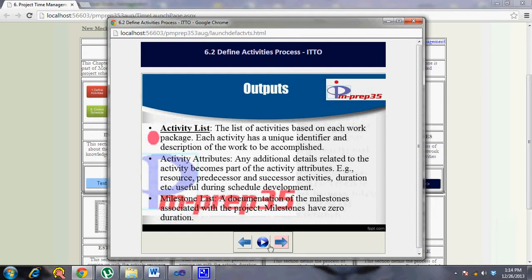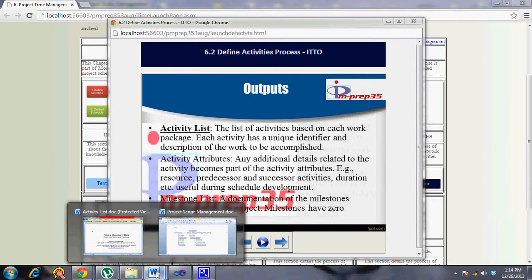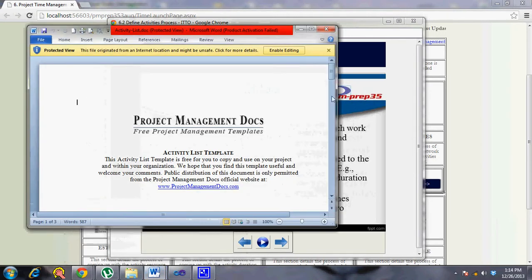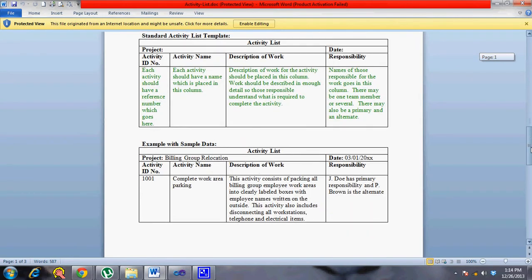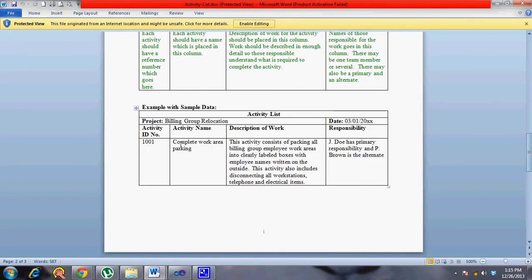Let's quickly walk through a format of an activity list that I randomly picked up. So the activity list, here is one. The activity list has an activity identifier number for each activity name. Then it has a description of work. You can pull this out to an activity attributes document, but it's good to have as little information as possible in the activity list.